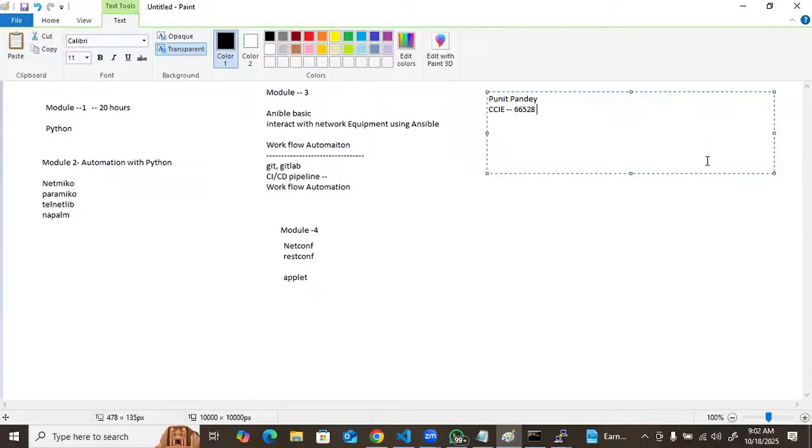But guys, you are planning for the CCIE lab exam, so don't worry about that. That part will be covered separately. I will give you around 2 to 3 sessions for that, and then that's sufficient. For the CCIE lab exam, there are only 3 questions from automation, and I will tell you how you can tackle them. Okay? Yeah, okay, fine. So do you have any question, guys, till now?